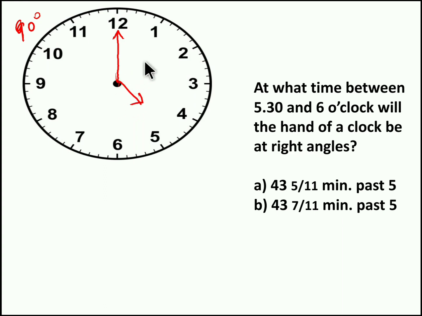It will make a right angle here. So here it will make a right angle, as well as from here it will make a right angle towards 8. So we have totally 2 right angles. But in the question it is clearly given from 5:30 to 6. So from 5:30 to 6 we have only one right angle here. So we have to find exactly at what time it will make a right angle. So we don't need to worry about this point, right?